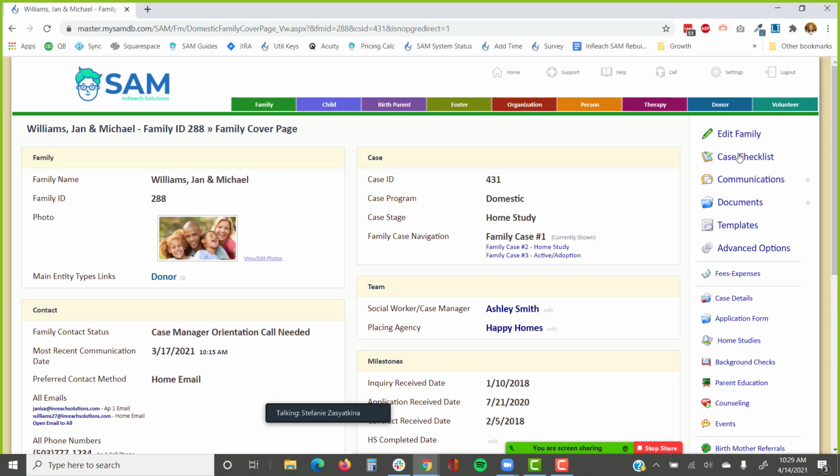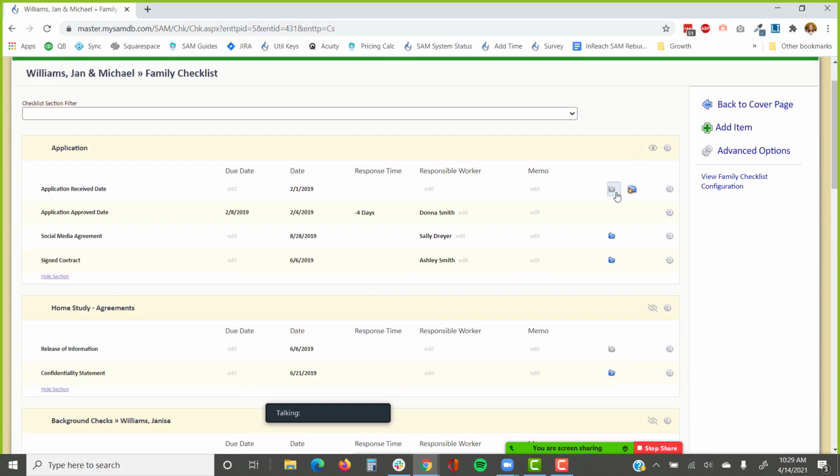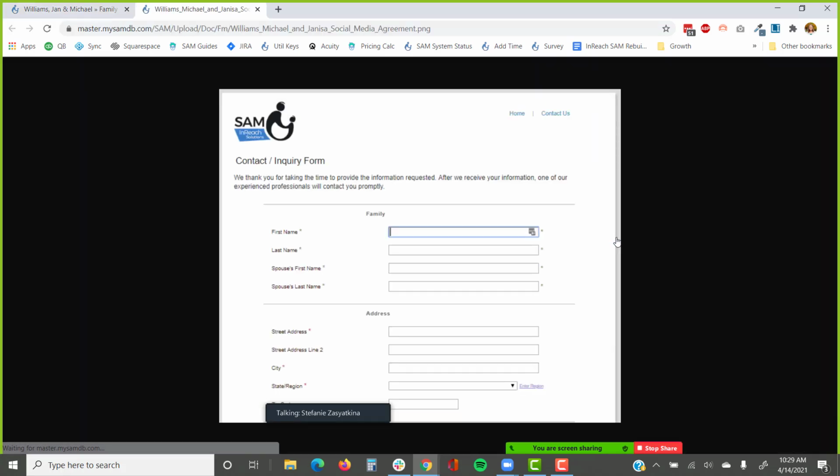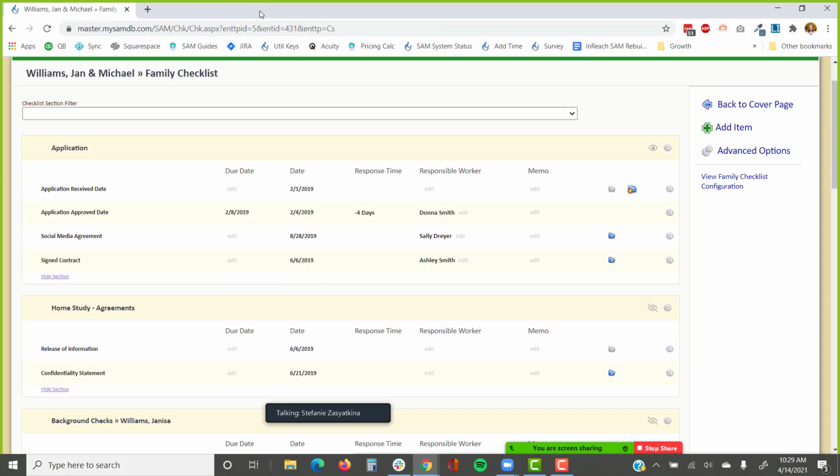I think that's what I'm going to say about the checklist here. Actually, let me go back one more time. Make it very clear for you. This document has not been uploaded here. This document has been uploaded. We can click and access this document to open it up and see that document. Of course, if our permission allows us to do that. As an administrator,